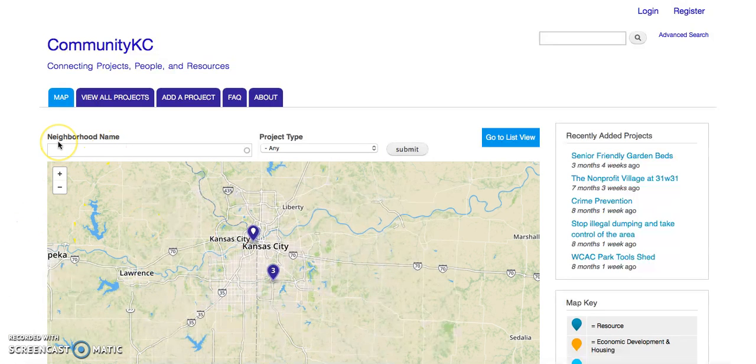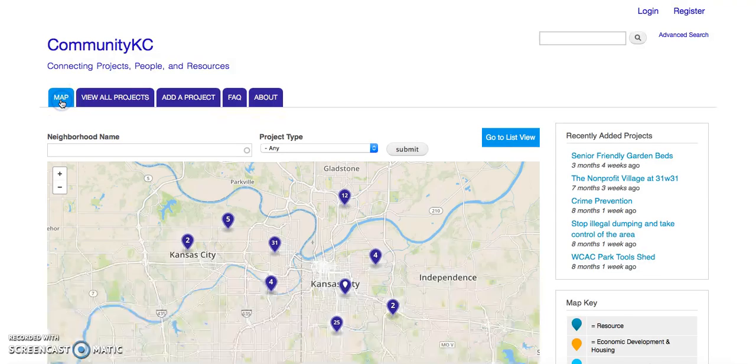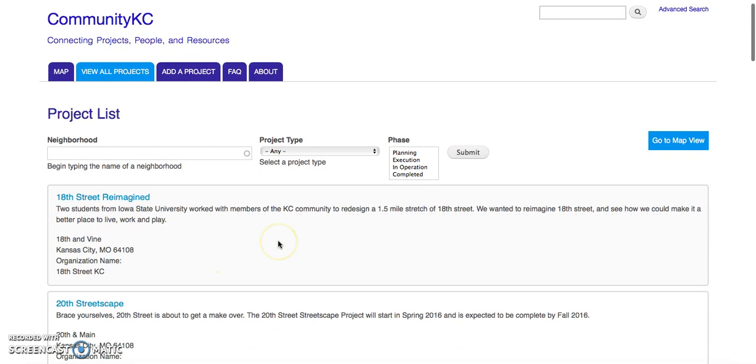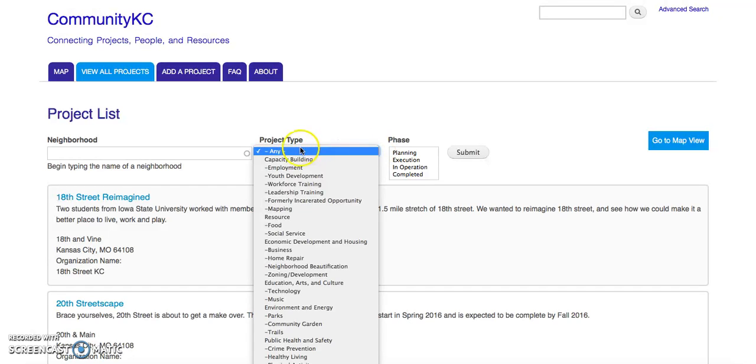Alright, so now for the purpose of this video, I'm going to give you a tutorial on a specific search option. So I'm going to show you guys how to search using project type. So you're going to go, you can either do map or view all projects. I personally like view all projects. I'm more of a list view kind of person. So if you go to project type, you can click right here and anywhere in this bar, it's going to open this up. And so what it brings to you is, the general